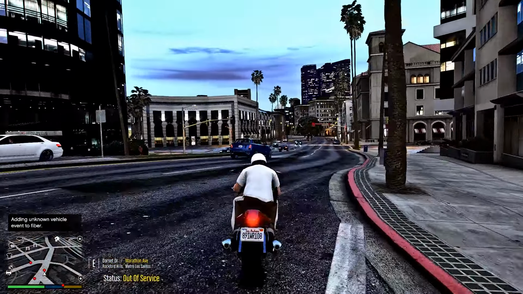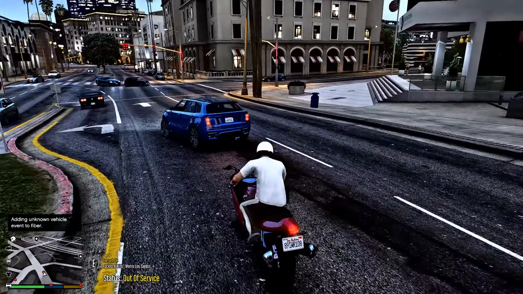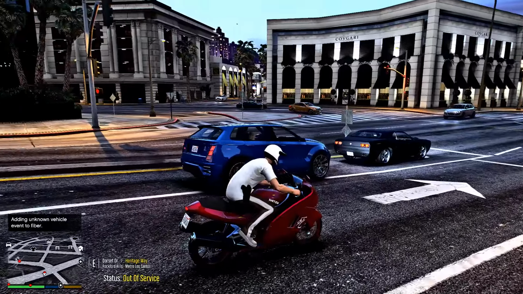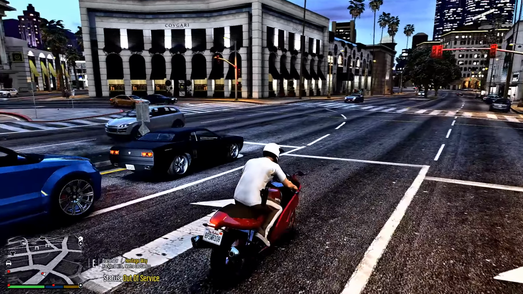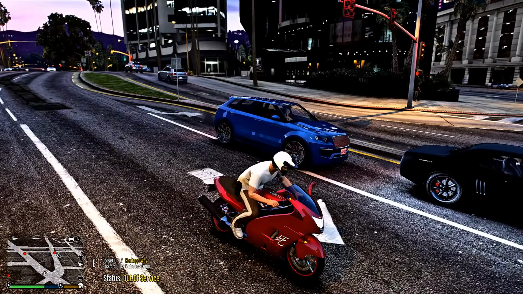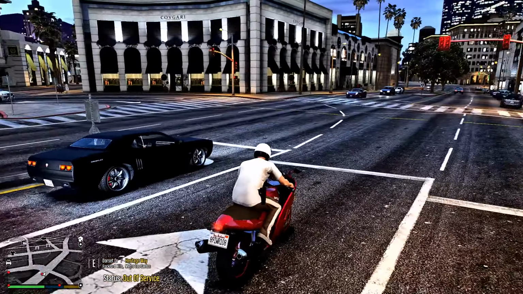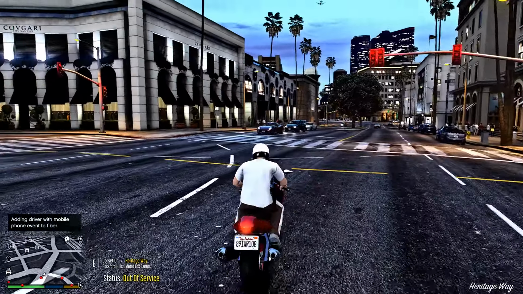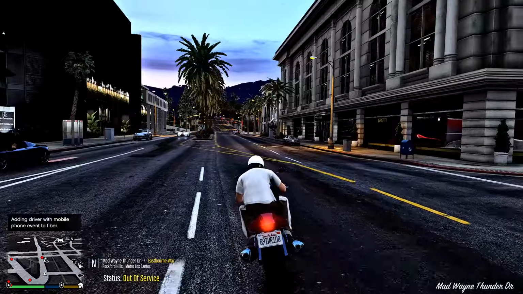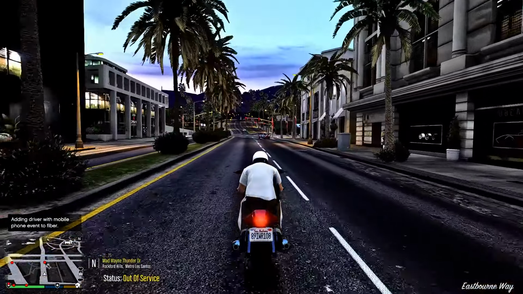So if you see the little red dots, and as you can see, his engine is smoking. They normally have a flat tire too. Adding unknown vehicle. Yeah, as you can see right there, guys, his engine smoking out the front. So that's probably a vehicle that you can fix. But that's what the little red dots represent, guys. This is how traffic events works. It just spawns